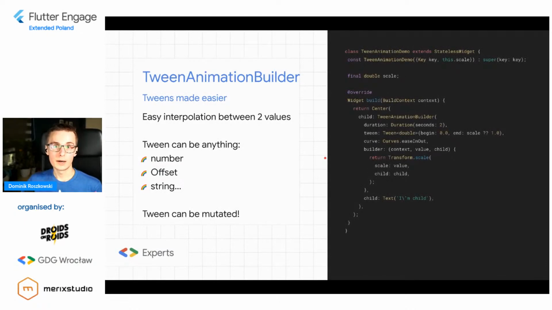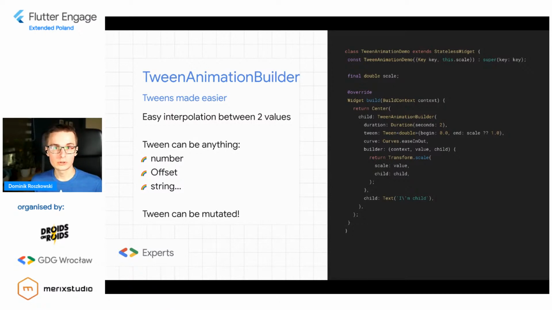So again, tweens are very useful, and there's also a handy widget that can help you use tweens even without animation controllers. As you've seen a few seconds ago, I had to create an animation controller, and from this animation controller, I had to create my tween. Frankly, this gets a bit complicated with time, especially if you just have some small thing to do, and you don't want to make the widget stateful, and maybe you use a different approach like provider or hooks, that prevents you from easy usage of stateful widgets.